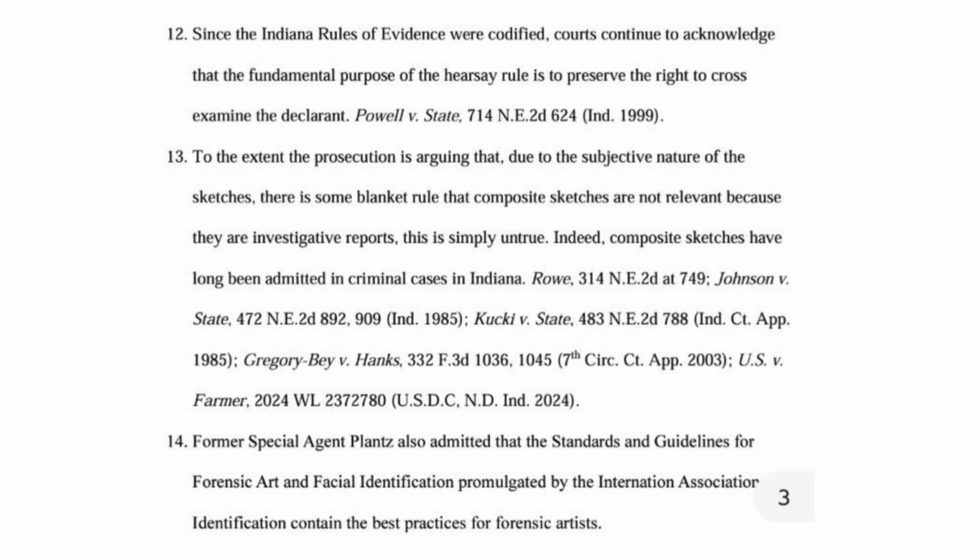Roe, 314 N.E.2d at 749; Johnson v. State, 472 N.E.2d 892, 908 (Ind. 1985); Cuckey v. State, 483 N.E.2d 788 (Ind. Ct. App. 1985); Gregory Bay v. Hanks, 332 F.3d 1036, 1045 (7th Cir. 2003); U.S. v. Farmer, 2024 WL 2372780 (USDC N.D. Indiana)